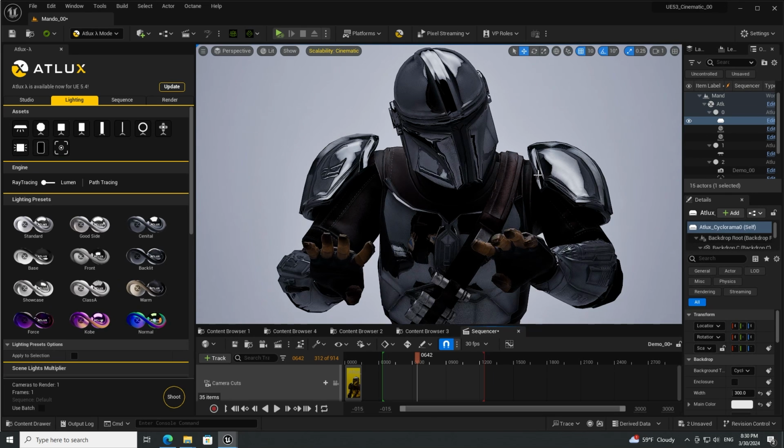So for me, I already set this character up. I wanted to see how well it would look by just creating this and just dumping the character in here. But before I show you how I was able to do this, let me show you how to actually get